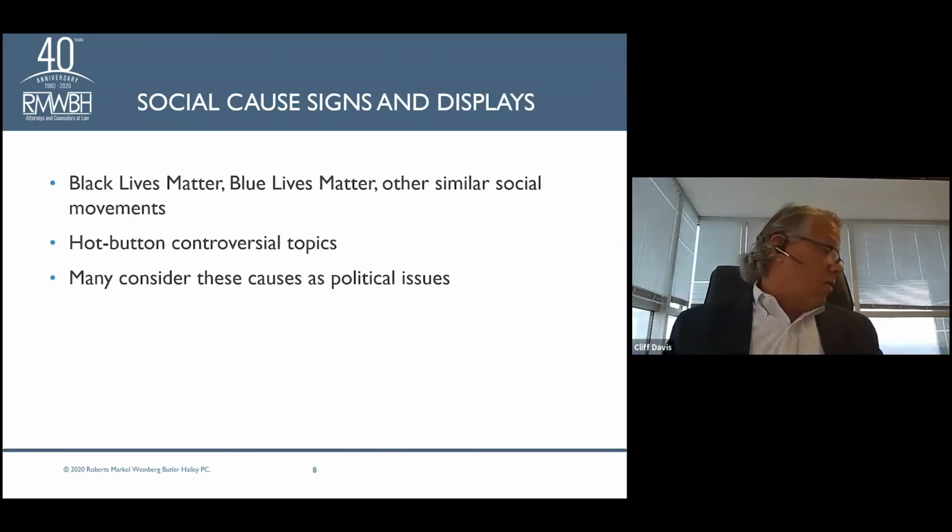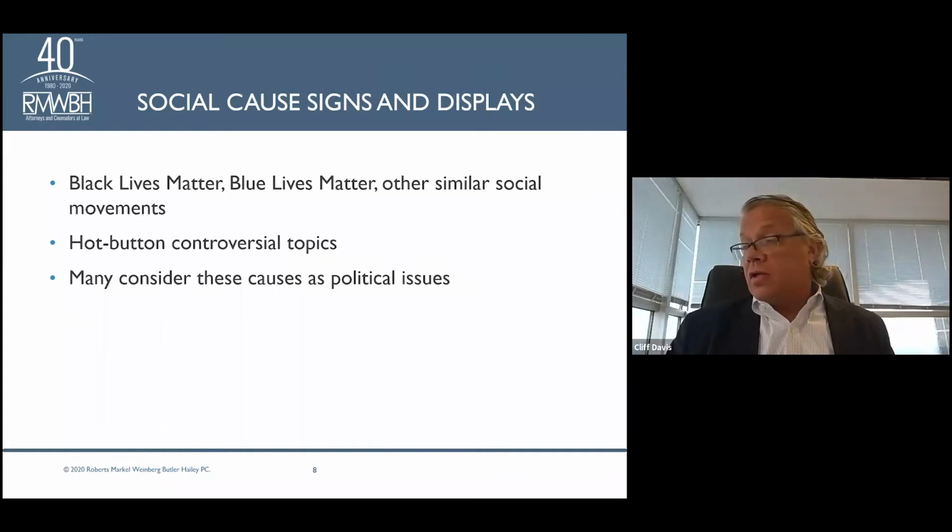And then the question becomes, how do you handle those types of signs? That's something that can create a lot of emotion in the neighborhood, and strong feelings about it. We've been getting a lot of phone calls about those types of signs. What we've told people is, look, if you have a restriction or a rule or a policy that prohibits signs, and these signs are in violation, maybe a good idea is to send a general letter out reminding everybody